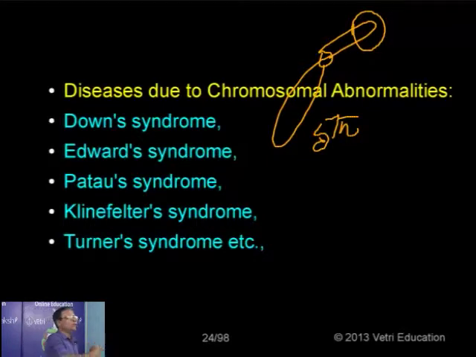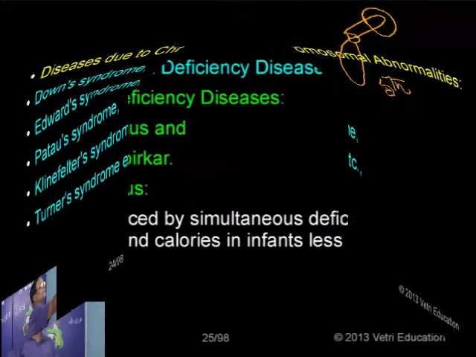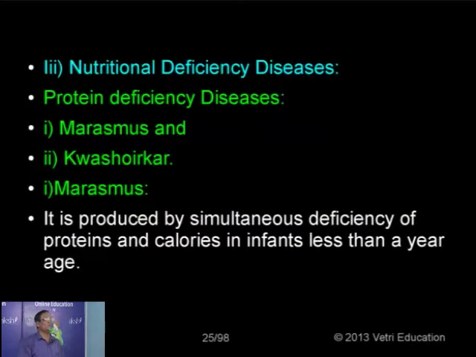So anyway, either because of change in number of chromosomes or because of change in structure of the chromosomes, altogether we have the chromosomal abnormalities resulting in the development of some sort of disorders. So far we have studied the first two categories of non-infectious diseases. One, that is metabolic disorder. Now the second one, genetic disorder. Now we are passing on to the next one.